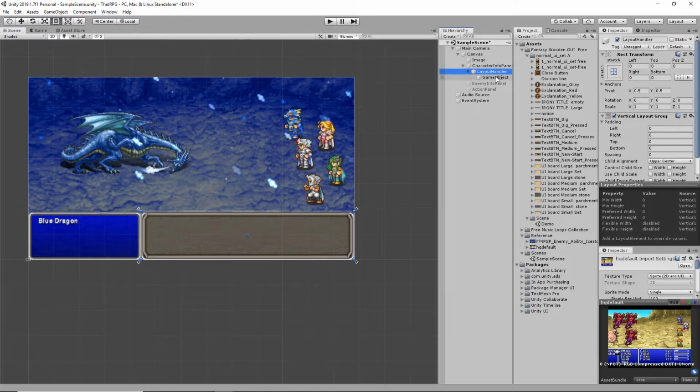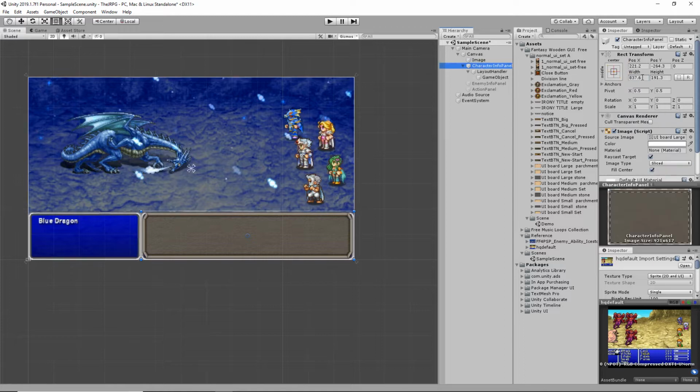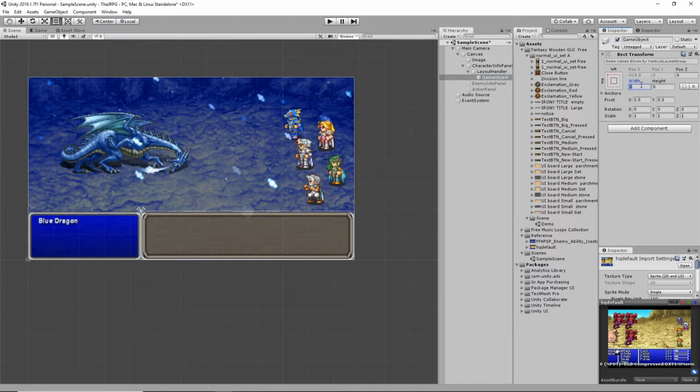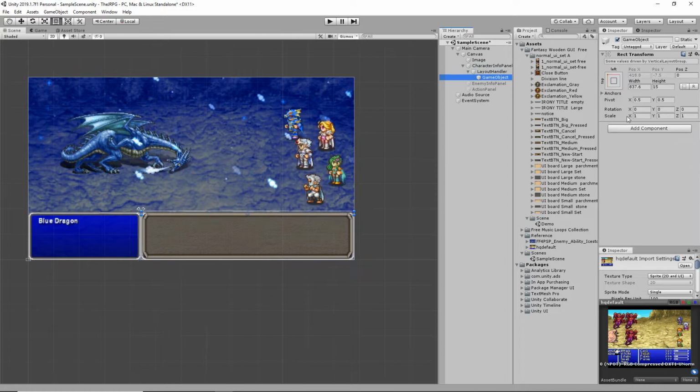Zero, zero, huh? You think your size should be 0, 0. This is because the vertical layout group is messing with it, which is super annoying. So instead, we're just going to come in here and grab the value directly. This thing is going to be 800 by that, and it's going to be 15. And then we need to go into the layout group, and we need to auto